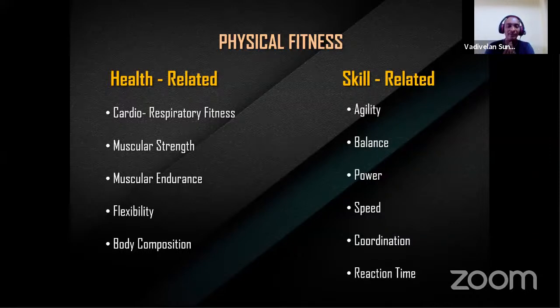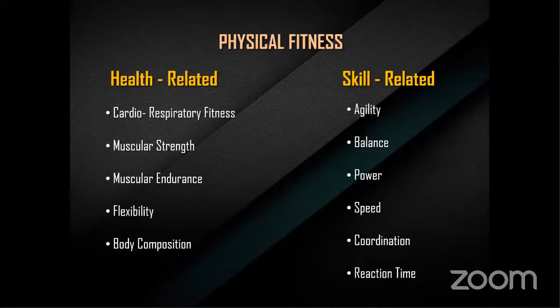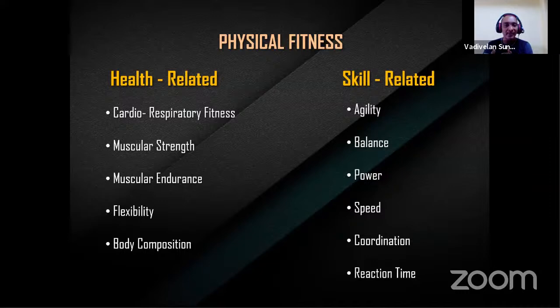Coming to muscle endurance, it is measured by repetitions. Repetitions are the continuous contraction of the muscle over an extended period of time without fatigue. Usually we take the repetition. Strength is how much weight you can perform, and endurance is how many repetitions you can perform. Basically, that is muscle endurance.